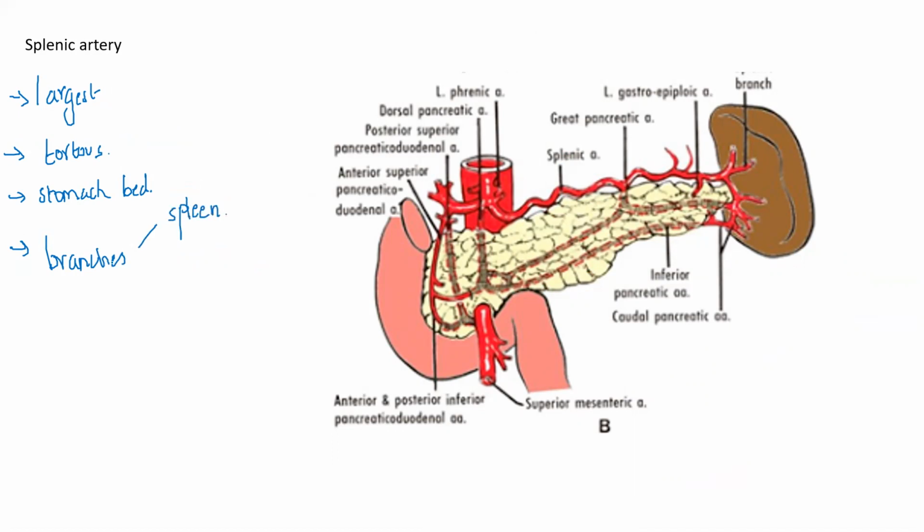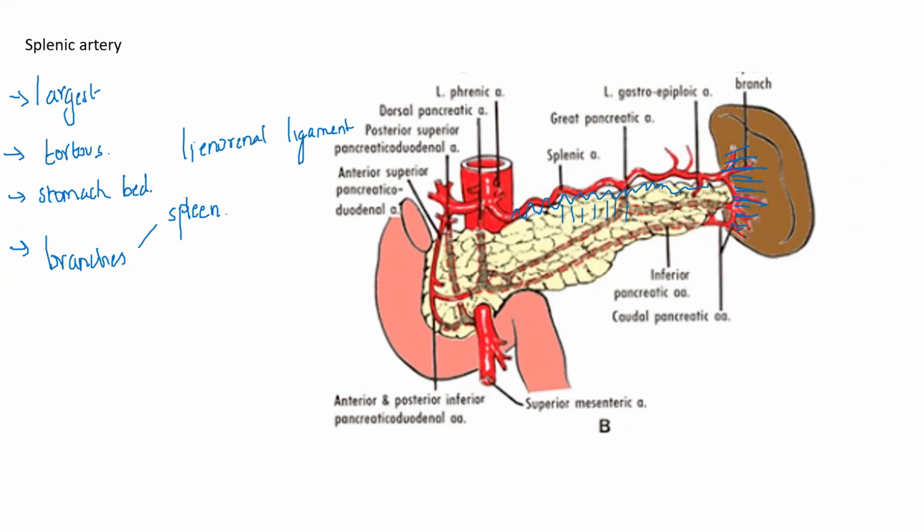It's an end artery, okay? The spleen. So you can see it running along the upper border of the pancreas, the body and the tail of the pancreas. It lies within the lienorenal ligament. The tail of the pancreas and the splenic artery are contents of the lienorenal ligament. So you see branches to supply the spleen. And then here you can see branches.